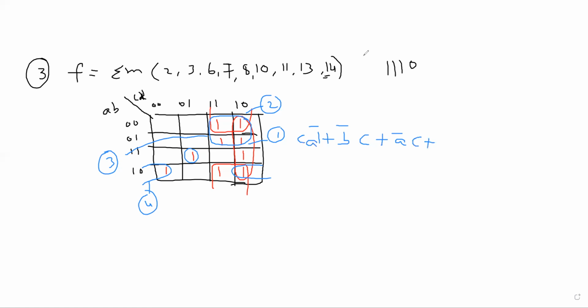Then coming back to the fourth, that is a pair one. That means we are having A, B complement. Then 2 columns are there. Which one is common? D complement is common. Plus an isolated one. If you observe the isolated one, it is AB, C complement into D. This is a simplified Boolean expression using K-map.